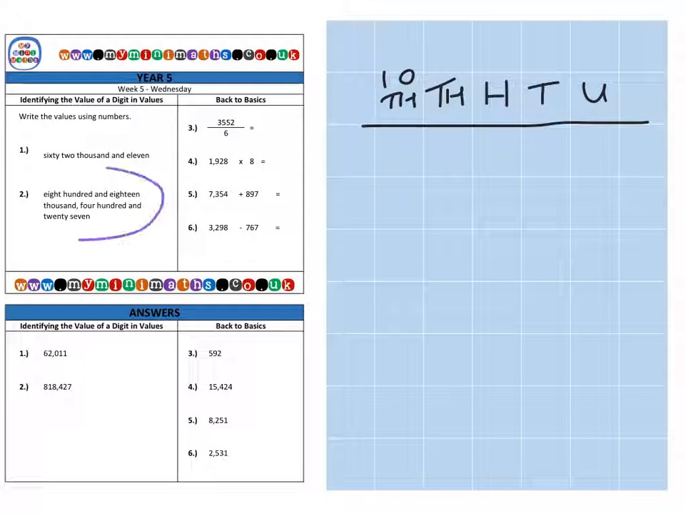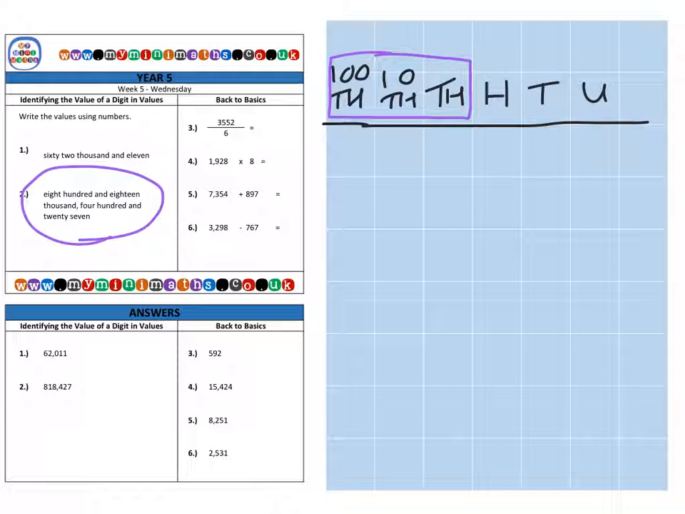And next we're on to question 2. Okay, and this time we're going to need an extra column, the 100,000s. Okay, so let's have a little look at our question, and again we have 818,000. So there's our family of thousands, and we know that the 100,000s, the 10,000s and the single thousands come in that family. So again,